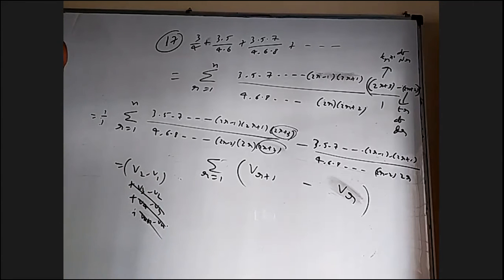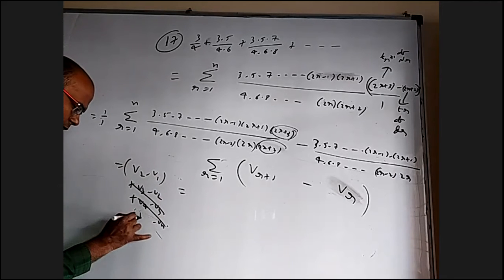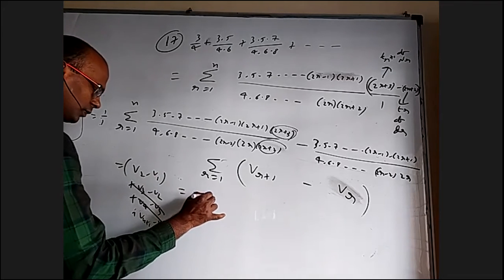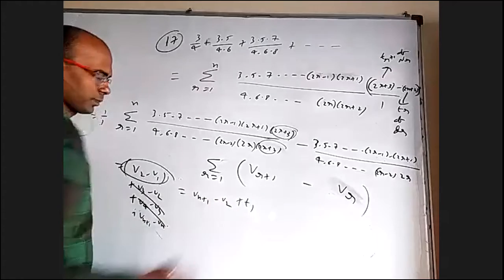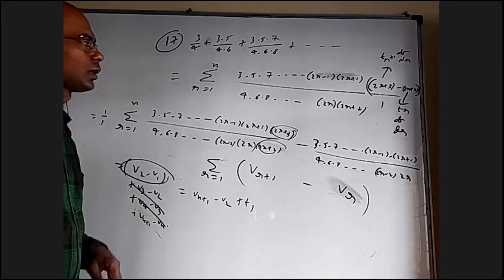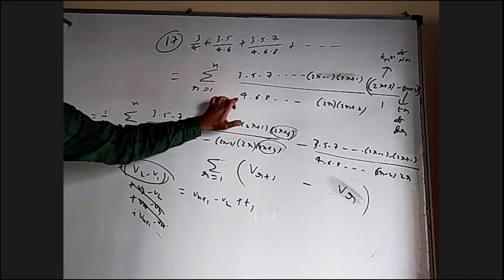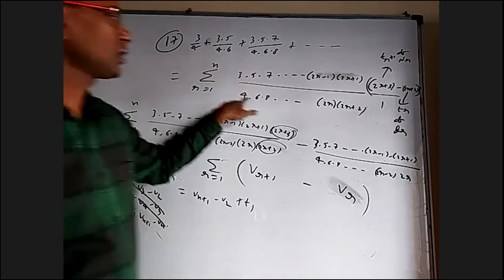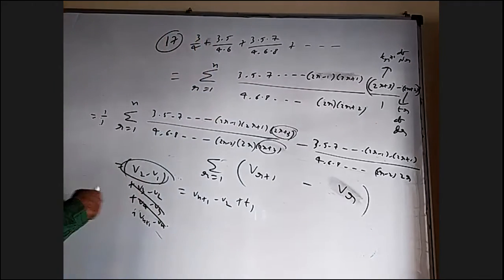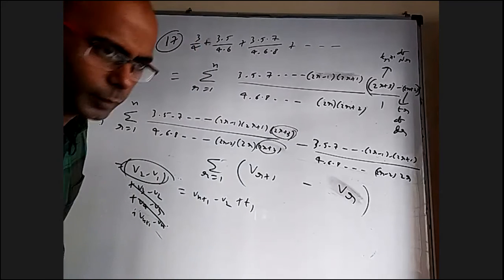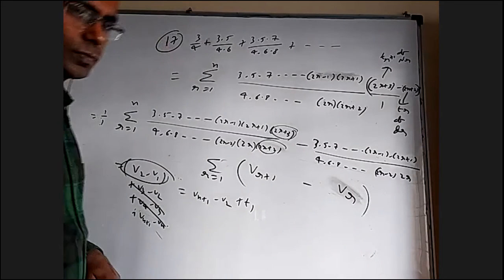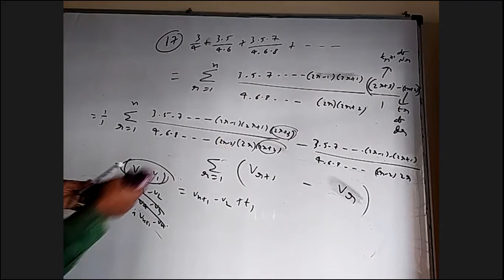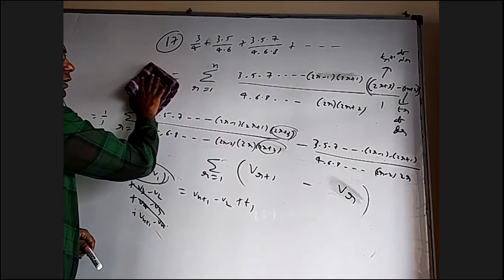I want to keep this as it is. So I'll keep this also, vn plus 1 minus v2. This I'll keep as T1 as it is. Because in the case of 3 by 4, the problem is the previous term of this. For example, okay, I should erase something. It's okay. Let me tell you in a different way and come back to this. You got some idea, okay? Let me write another way and come back. You'll understand it better.